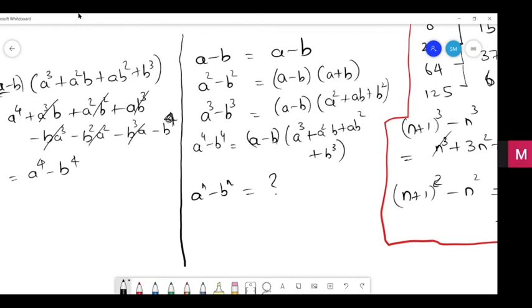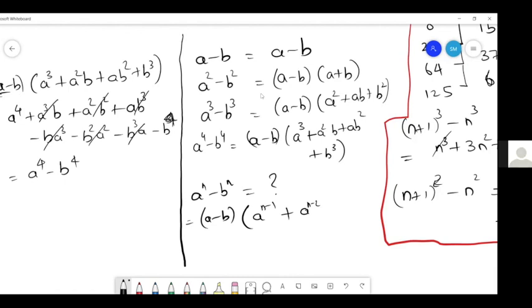Okay, now we have to find the pattern. So a minus b, the first bracket. Oh, so you're going for the formula directly, great. So a minus b into a raised to n minus 1 plus a raised to n minus 2. We have to decrease this now. n minus 2, correct, and make b square now. Now make b square. No, not b. So basically the total of the powers will always be equal to n minus 1.